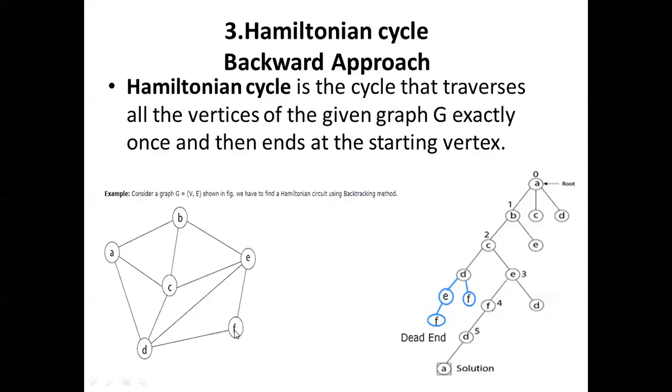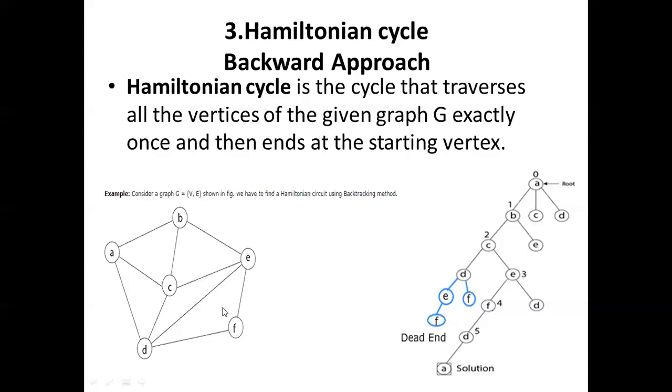Now if I have written F, next I visited all the vertices, I should go back to A, right? Is it possible to go? Yes, I can try with D, but it is impossible because D I already visited, right? Only one time. Which one can I visit 2 times? The starting vertex. It's impossible. That one I will call a dead end. We cannot move from there, right? F, in this case, F is connected.